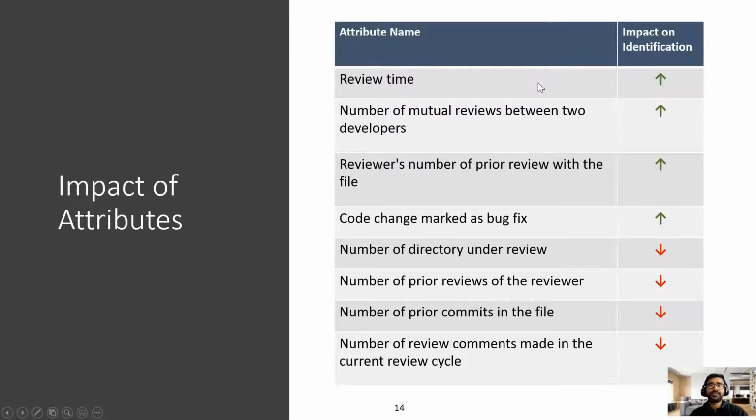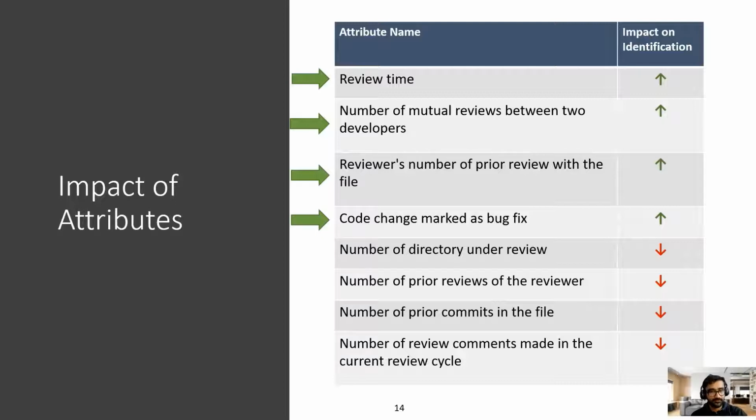Then we analyze the impact of attributes. We find that if the code review has higher review time, higher number of mutual reviews between the code author and the reviewer, if the reviewer has prior review experience with the source code file that is under review, or if the code change is marked as a bug fix, then the security defects are more likely to be identified